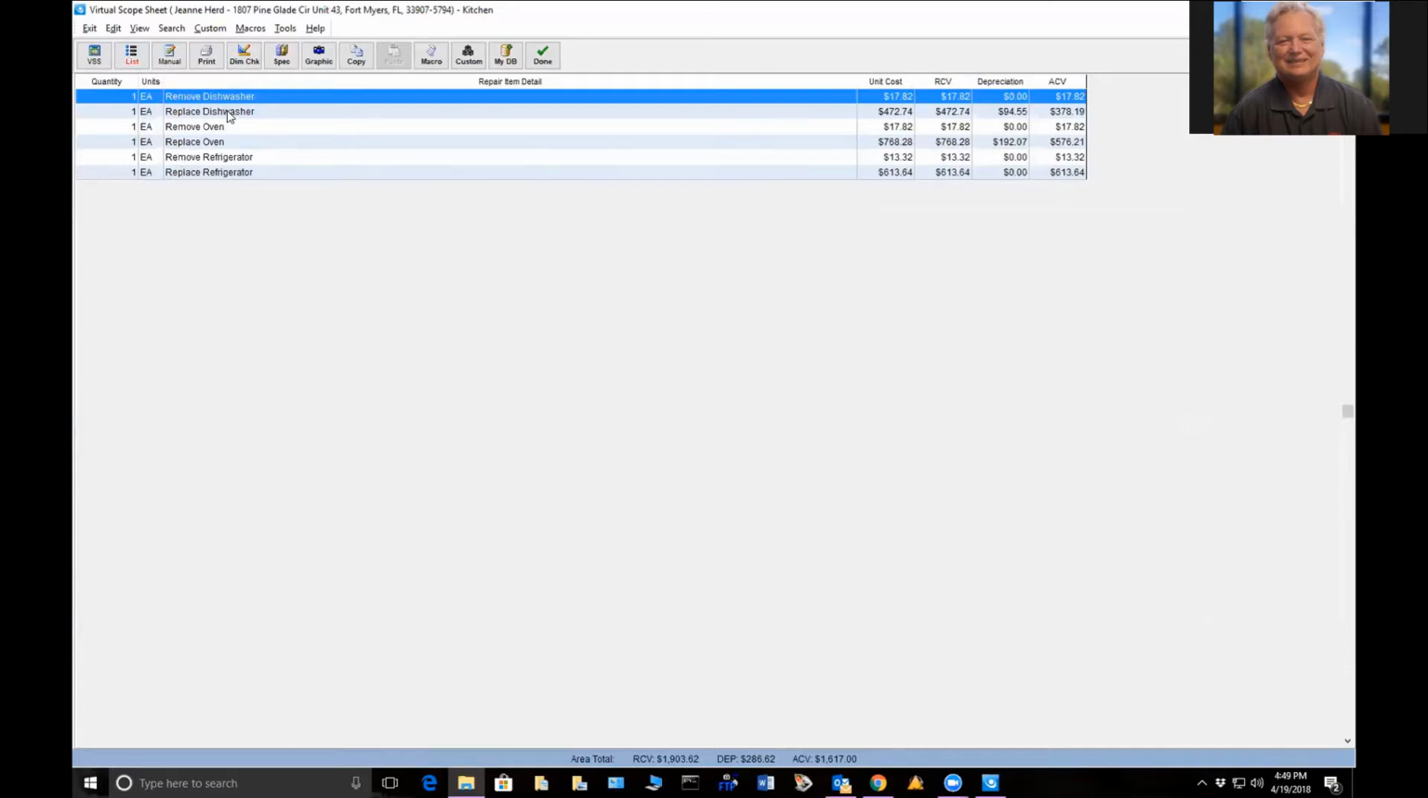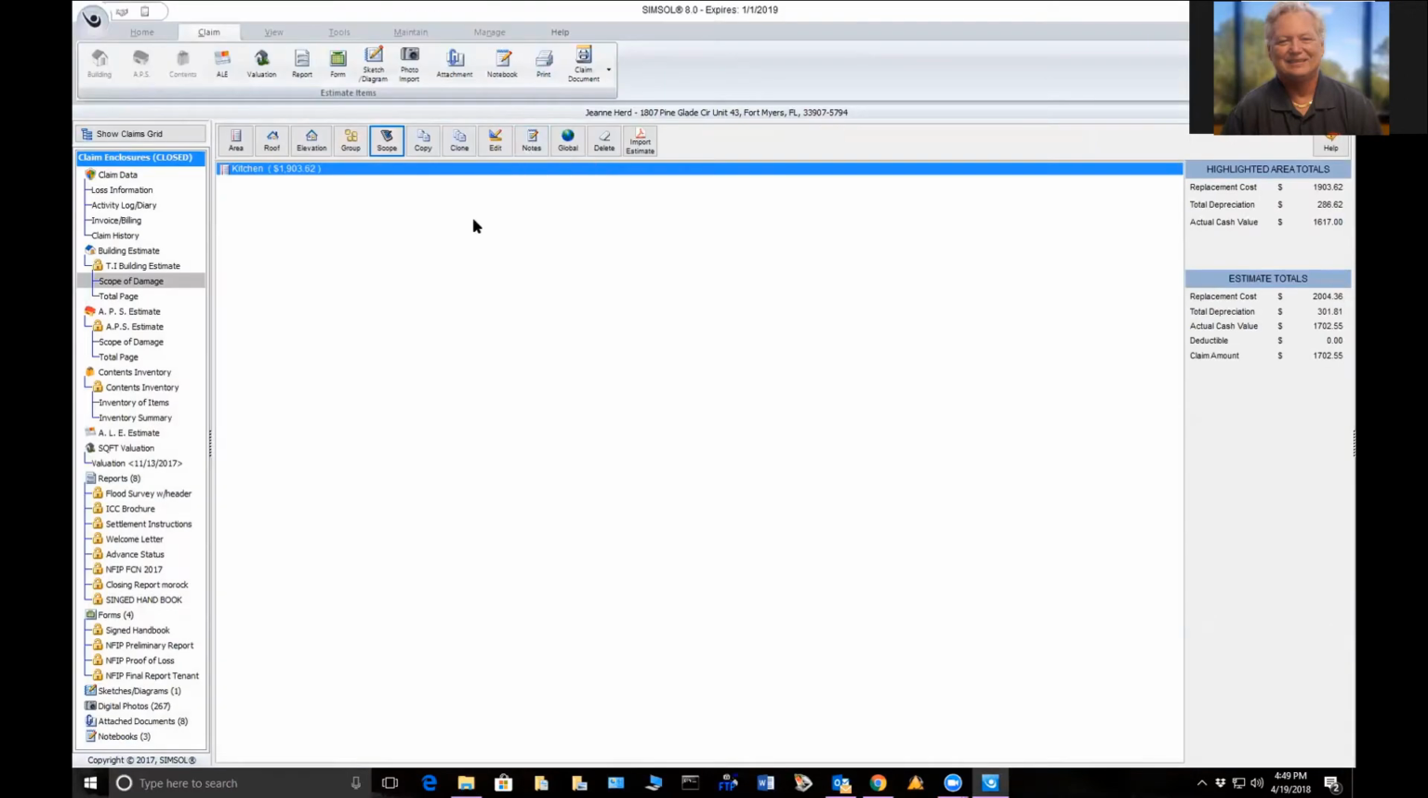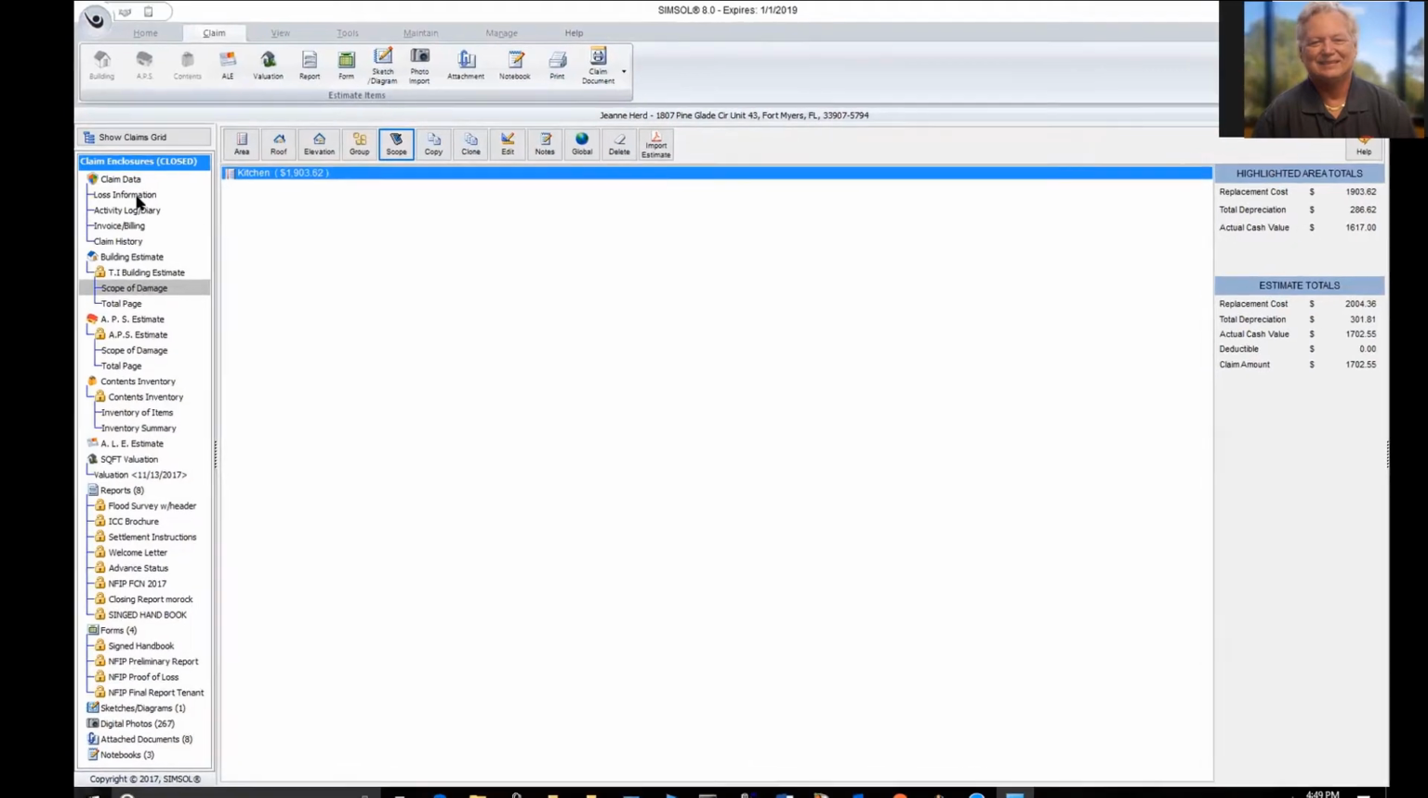So as you can see, remove dishwasher, replace dishwasher, we have an oven, and these items are owned by the insured. Let's make that clear, that we're doing a TI, tenant improvement. That means the insured, who has just a contents only claim, is actually paying for these building items, and they can claim up to 10%. So how do we put that in there? The first thing that we need to do